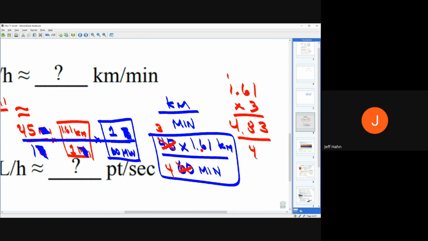Just because I don't want to leave it hanging, I would go to my calculator. Remember I said you have to do 4.83 divided by 4. Did it do divided by 4? No, it didn't make it. So, if I said round to the nearest hundredth, what is that? 1.2075, round to the nearest hundredth is